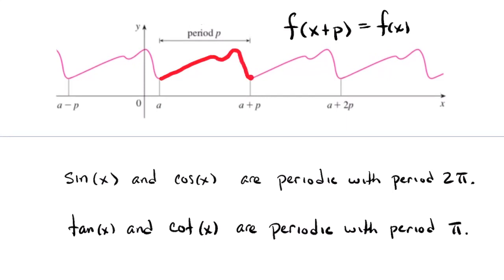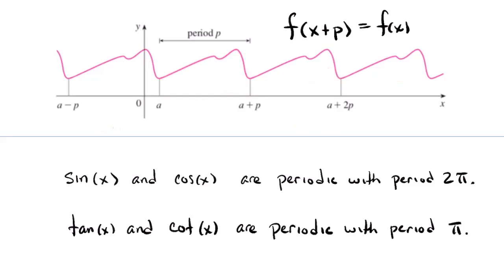And this graph is just a translation of that shape. If you move p units to the right, over and over again, or p units to the left, over and over again, you just repeat that shape. So if you were analyzing such a function on the interval from a to a plus p, and you knew how it works there, then you know how it works everywhere by extending it